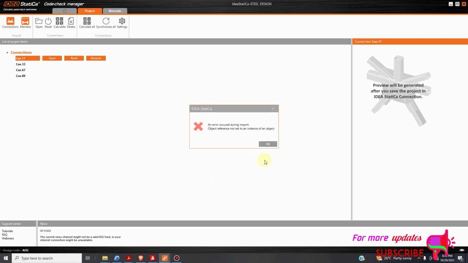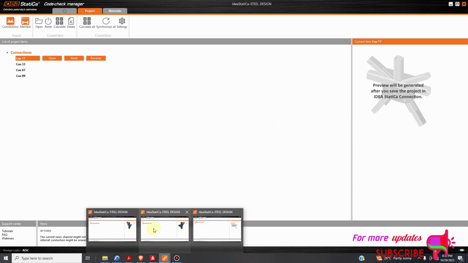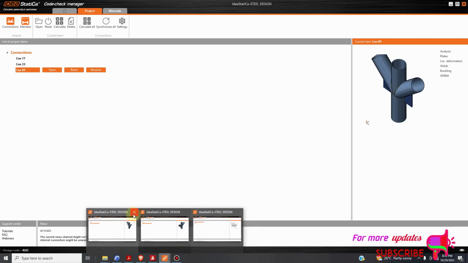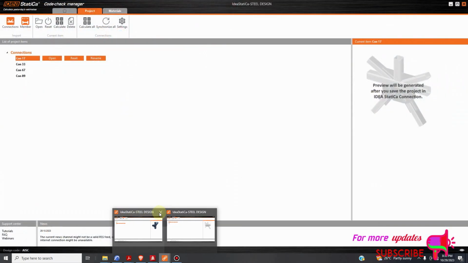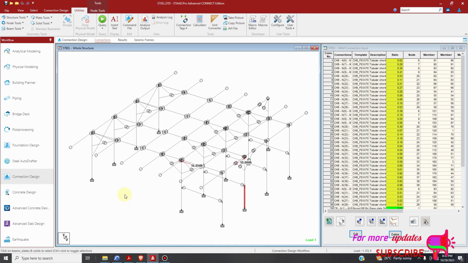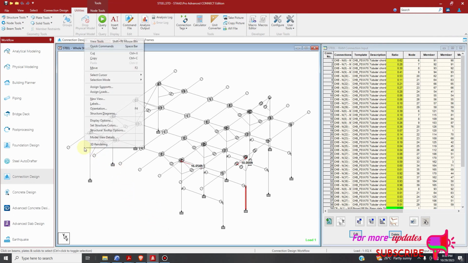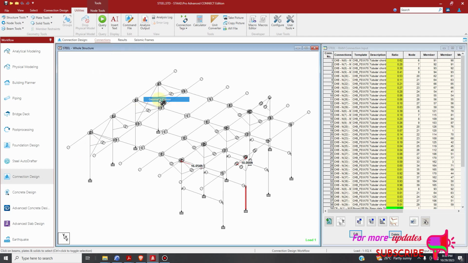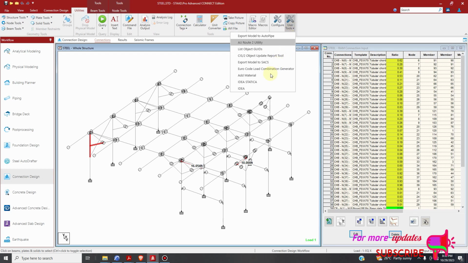It's because I already opened several, so I will have to close these ones. I have to close these and that. I will close this. So I'll select again. Make sure you go to select cursor and then geometry cursor. Then pick your node, the node where the point is. Then select there and then